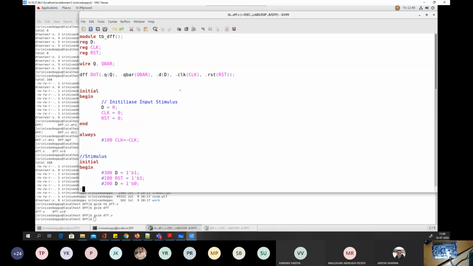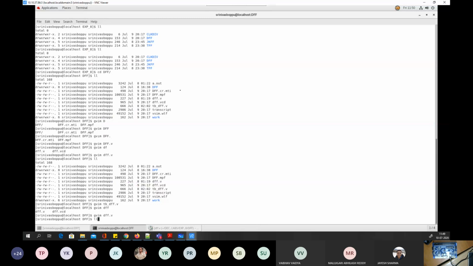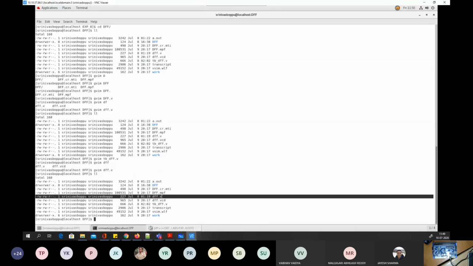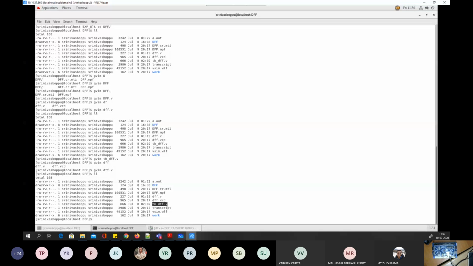Now if you look here, there are two files which are really important: the D flip-flop and a test bench. Now, coming to the question of simulation, how do we really simulate it? I also showed this in my class: there are open source simulators like iVerilog. So what we need to do is just